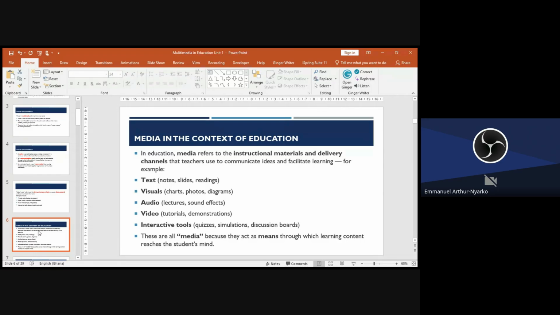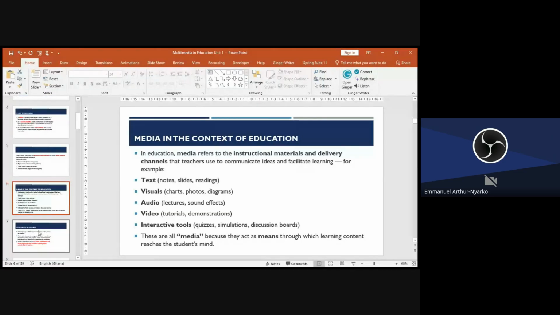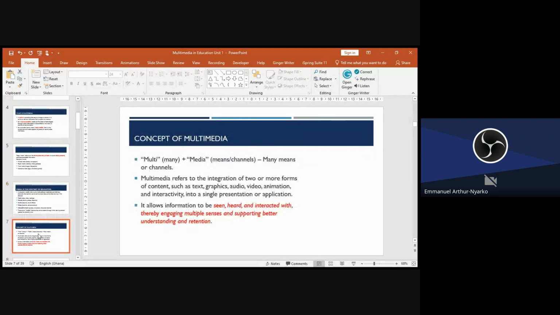All these are media because they act as means through which the learner can learn, or through which we can present content to our students. And that is basically our focus. Multi means many, and media means channel.